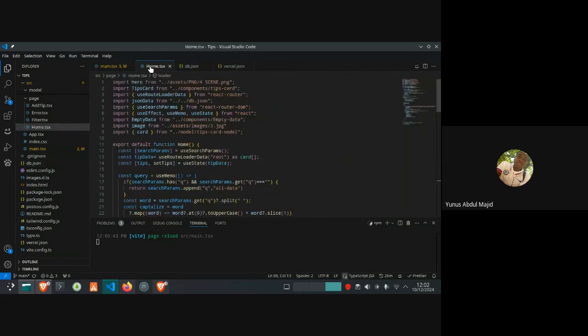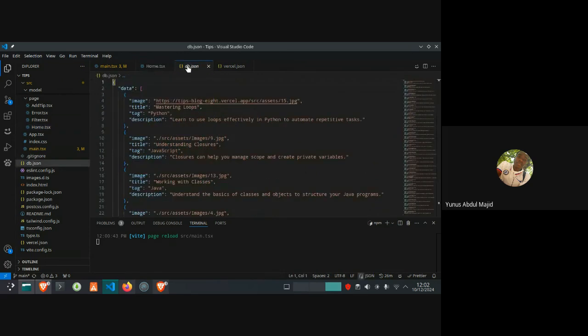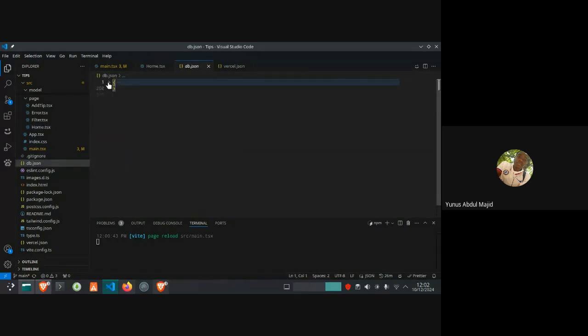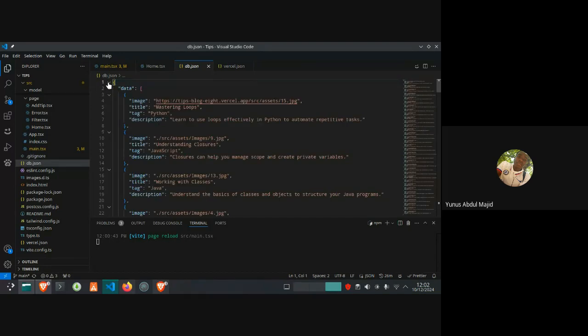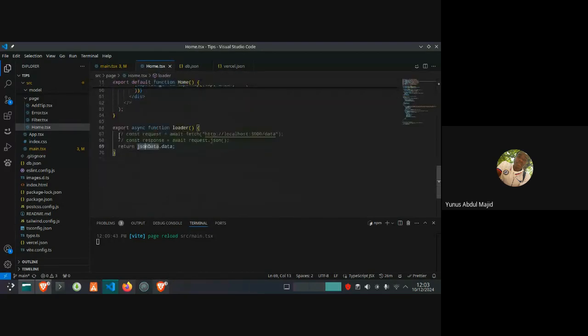It's a JSON data, so it's not your regular JavaScript object. You can notice that I didn't specifically write export here because it's a JSON data. I don't need to do that. I can just import it and put any name that I want. So I import it here and I return it inside this function.